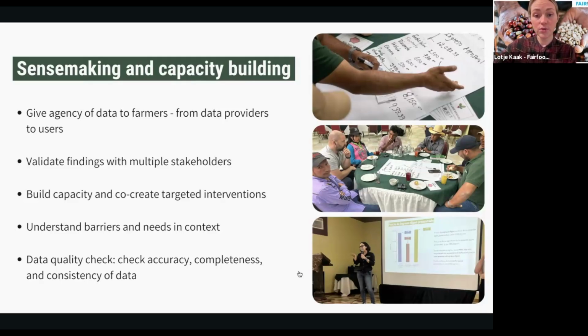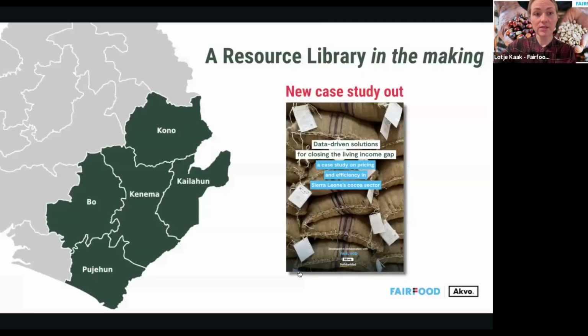What the toolkit also is, it's a resource library. We will also be sharing a lot of this in the email following the webinar. So here you can also find all the documentation on previous projects. We have developed a couple of case studies and the white paper. Also very happy to share that a new case study on cocoa from Sierra Leone has now been published today and can be found on the Farmer Income Data Toolkit website.